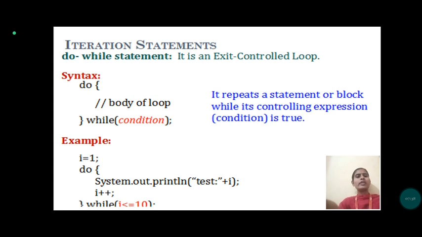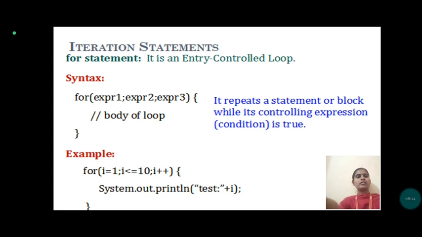Next, do-while statements. It is an exit control loop. Syntax: do { body of the loop } while (condition); It repeats a statement or a block while its controlling expression is true. For example, int i = 1; do { System.out.println("test", i); i++; } while (i <= 10);